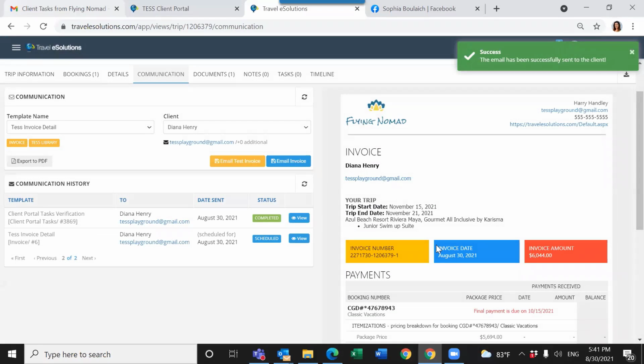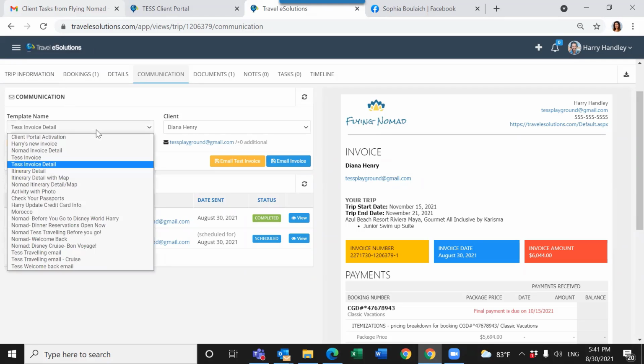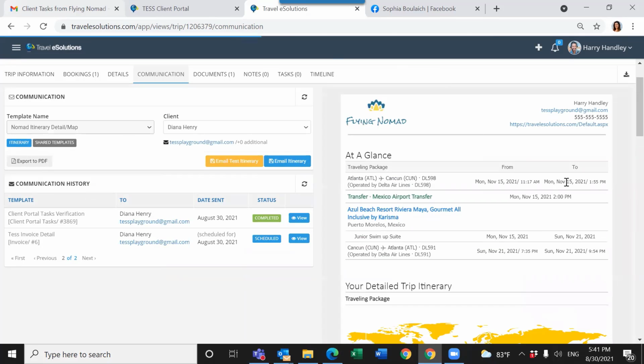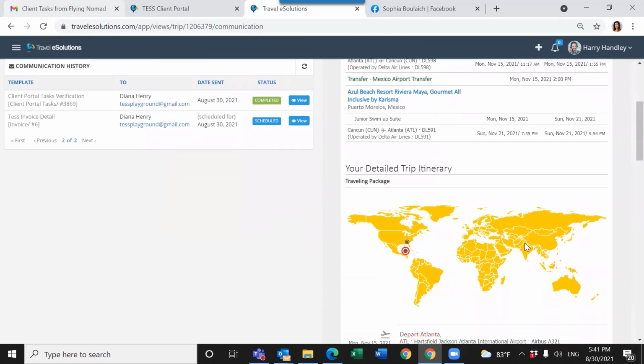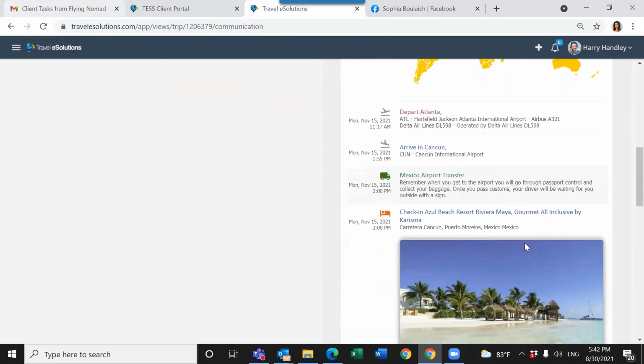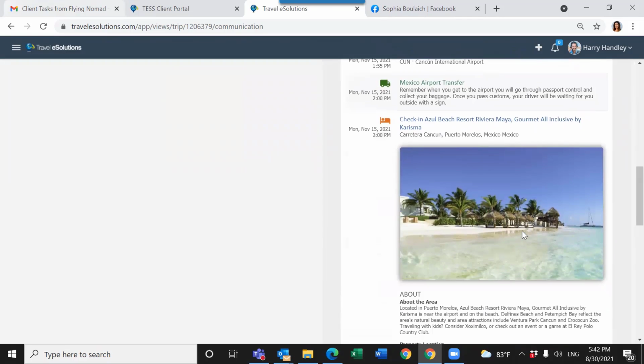Now, while we're here, I also want to show you what the itinerary looks like. We've already created it over in the trip info, so let's see what that looks like. If I pull in my itinerary detail with map, again, here I have my logo, my header, everything. At a glance, what they're doing, so it looks like they're flying, airport transfer, checking in, flying out, and then their trip's done. So here we go. As I scroll down, I've got they depart, arrive, they've got their transfer to the hotel, they check in to Riviera Maya,